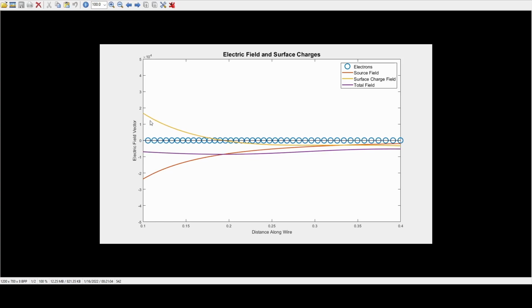And when that happens, you can see the surface charge field that is produced, and that summed with the source field essentially leads to a flattening of this total field. And that's maybe the evolution of what it might look like in this transient situation we're talking about, where eventually a perfectly flat constant electric field will be present within the wire that will be influencing the bulk electrons that are conducting. So hopefully that's somewhat helpful in visualizing and building this intuition,